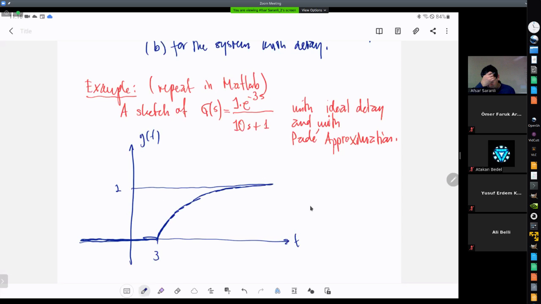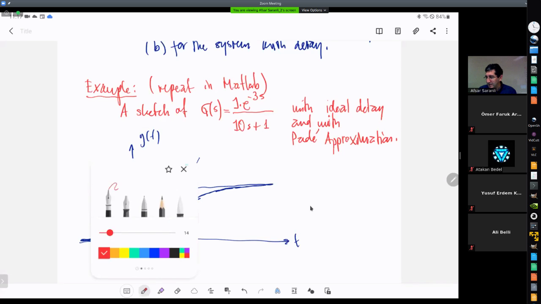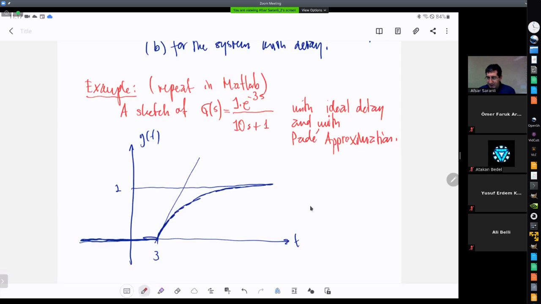Okay, with obviously the slope crossing it at a particular time. Okay, and how does the Padé approximation look like? It will look like, and you can check this in MATLAB, as I said, it's going to have the same thing until time 0, but then it will immediately generate a response. But this time, because of that unstable zero,